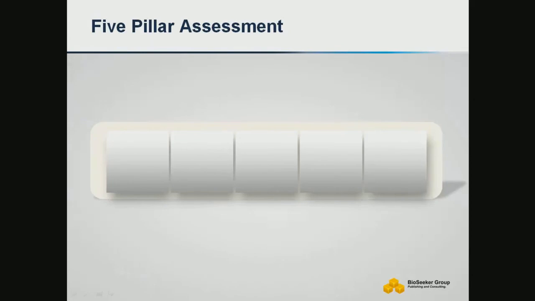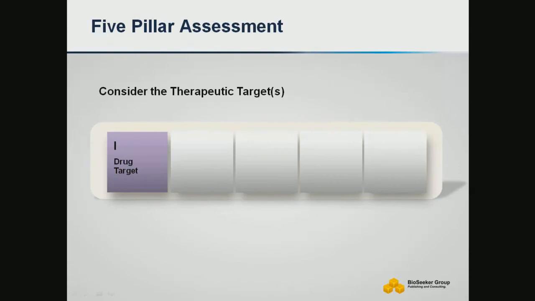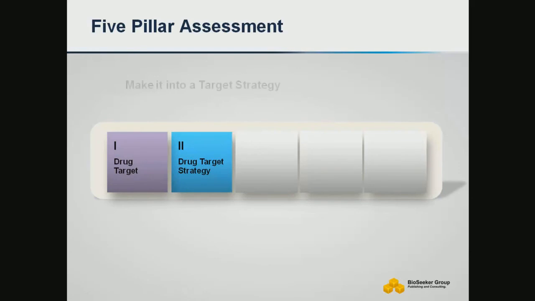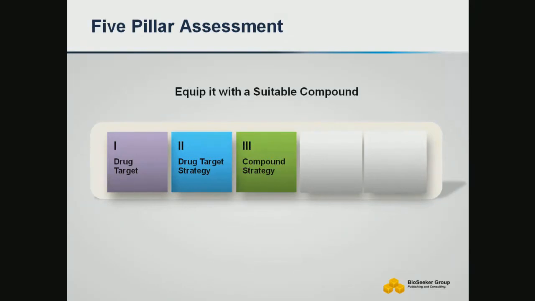The Cancer Highlights series has been developed using standardized criteria to assess drug development strategies in oncology. We call this our 5-pillar drug assessment. The 5 pillars are drug target, which covers properties of individual therapeutic targets and their R&D profiles; drug target strategy, which identifies the combination of individual drug targets into target strategies and then assesses the competition by developmental stage; compound strategy, which arranges the pursued target strategies by compound strategy selection and then assesses the competition by compound strategy;